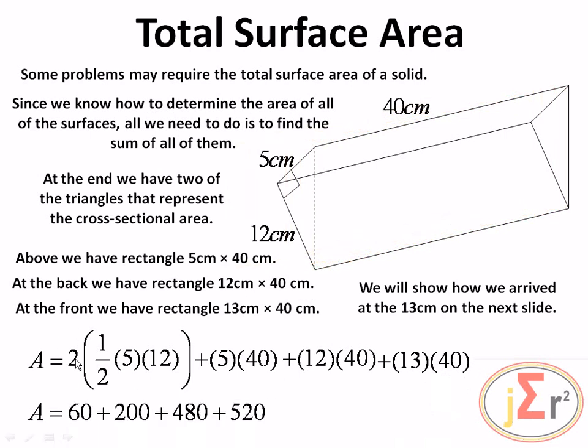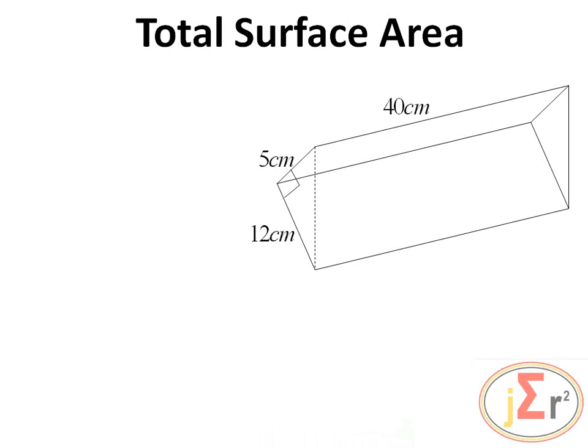We have this 2 to cancel with the half completely. So 5, 12, 60. 5 times 4 is 20. So 5 times 40 is 200. Then we have 12 times 4, which is 48. So 12 times 40 is 480. And of course, 13 times 4 is 52. So 13 times 40 is 520. So in all, we have a total surface area of 1,260 centimeters squared. And we are going to see how we find